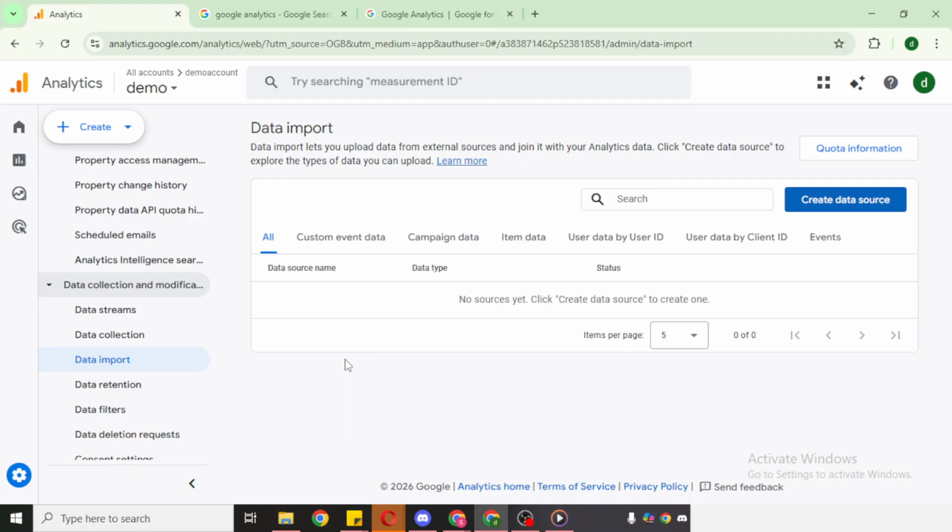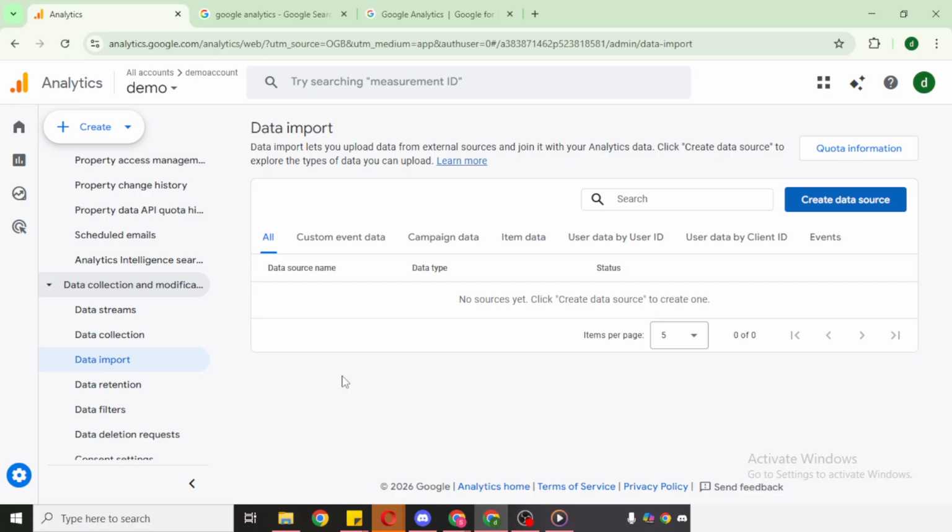Once you're in, you'll see the Analytics interface. Depending on your setup, you may start on a home screen or a dashboard for a specific property. That's perfectly normal. Take a second to confirm you're in the right place by glancing at the account and property names displayed near the top area of the page. If multiple properties are available to you, you can switch between them later, but for now, you're successfully signed in